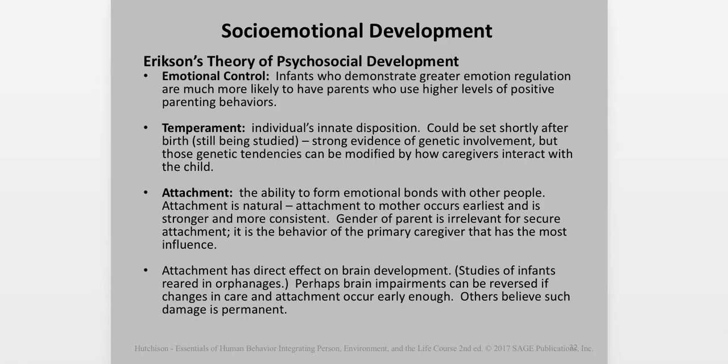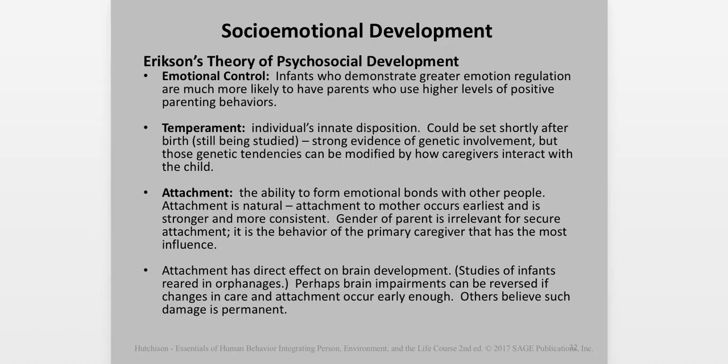Attachment's a big issue in this period, and there are a lot of psychological disorders that will tell you that there were problems that go back to early attachment difficulties. And this is the ability to form emotional bonds with other people. Now, it is a natural thing, of course, because it's a survival thing. It's sort of like the rooting and sucking reflex. If an infant doesn't attach to a caregiver, it's going to make it more difficult for the infant to have his or her needs satisfied, and so it's a natural tendency to attach,